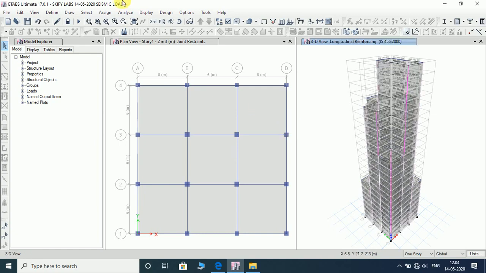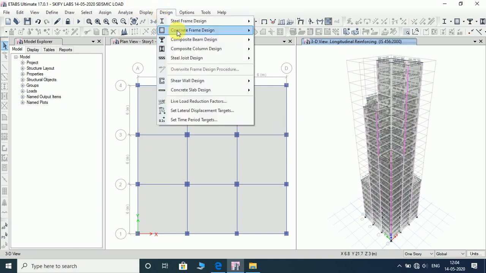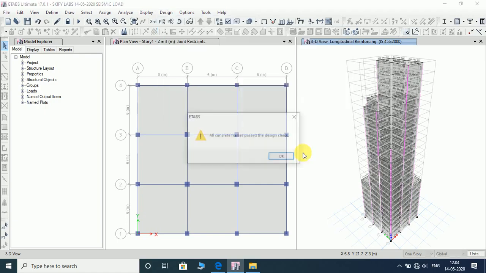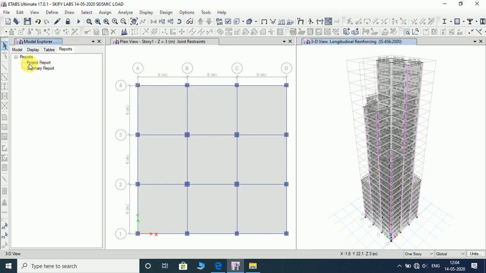Okay, you can see here, go to design, concrete frame design, and verify all members passed, hence we get a design. Okay, if we go for reports, you can get a project report